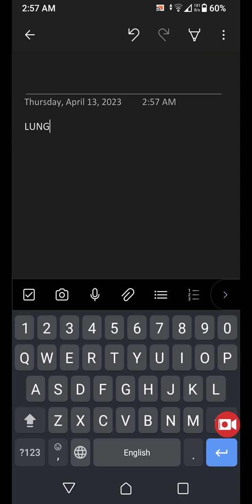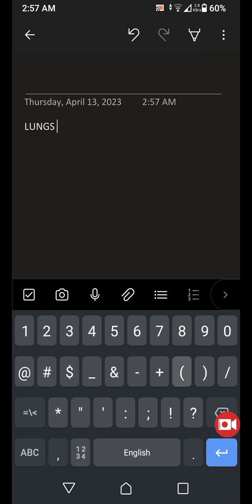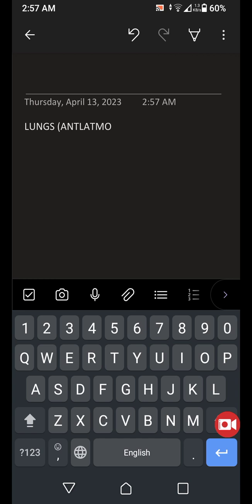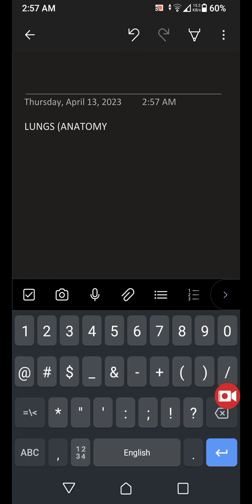Starting, we will learn about the lungs, the anatomy of lungs. Okay, ji. So basically, if we talk about the shape, they are triangular